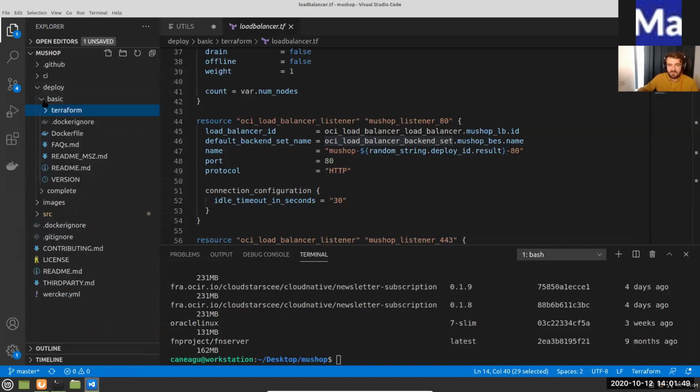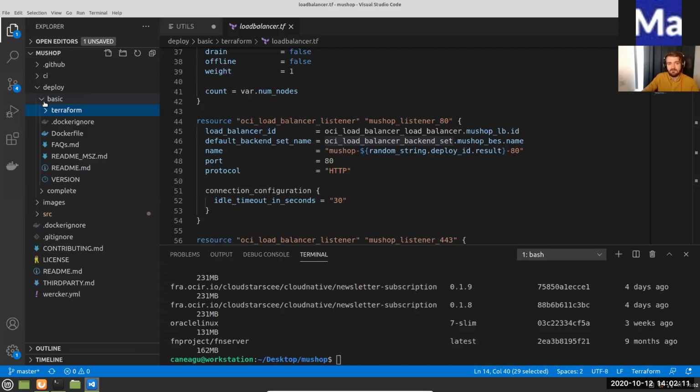And this is the basic part, right? So I already said that we have two versions. This is the simple one, and you can use it with the always free resources, because it's going to provision only 2 virtual machines and 1 autonomous database, which is again under the always free resources being offered to you. So that's it. That's very easy.